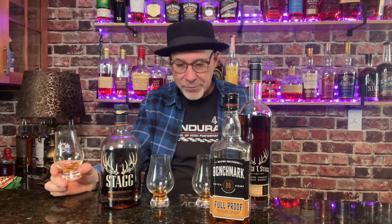Let's see what it tastes like. I gotta tell you, it's tasty, but certainly, as you would expect, doesn't have that depth and complexity of the other two. But as a daily sipper, that's no slouch. For the price, 125 proof mash bill number 1 product for $22, and you get that in Jersey. They don't have them in New York. There's nothing at all that is bad about Benchmark Foolproof. And of the 3 of them,